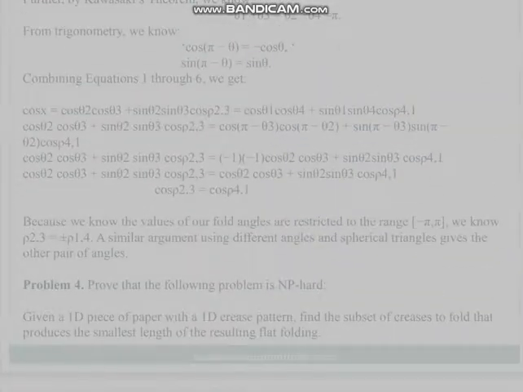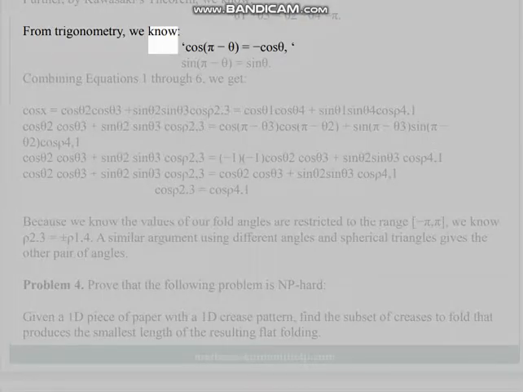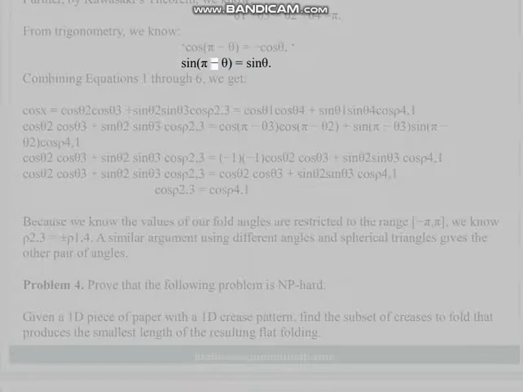Further, by Kawasaki's theorem, we know θ1 plus θ3 equals θ2 plus θ4 equals pi. From trigonometry, we know cos of pi minus θ equals minus cos θ. Sin of pi minus θ equals sin θ. Combining equations 1 through 6, we get